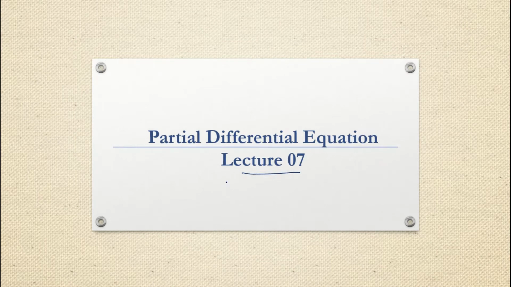Okay, so till last class we have discussed the formation of partial differential equation, correct? And now we have to move to some higher topic. That means we have to move to solution of partial differential equation, right? So before going to see the solution of partial differential equation, we need to clearly understand the difference between homogeneous and non-homogeneous linear partial differential equation with constant coefficient.